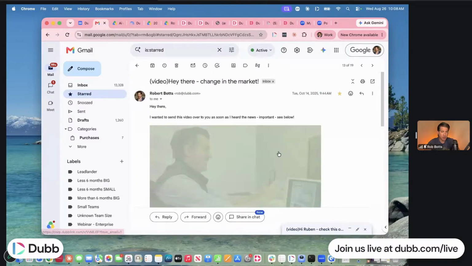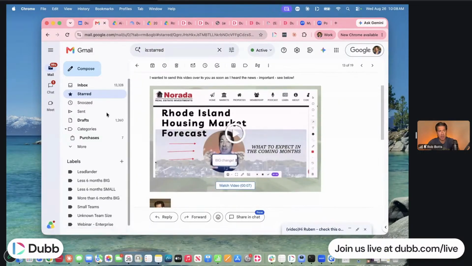Now, you also have screen recordings with Dubb. So screen recordings are great because this is the best visual way to walk someone through something here. Now, we talked about the avatar stuff at the top. You could throw an avatar of yourself or whoever you created right inside that bubble too, instead of it being yourself. But the whole idea here is to visually walk someone through something.